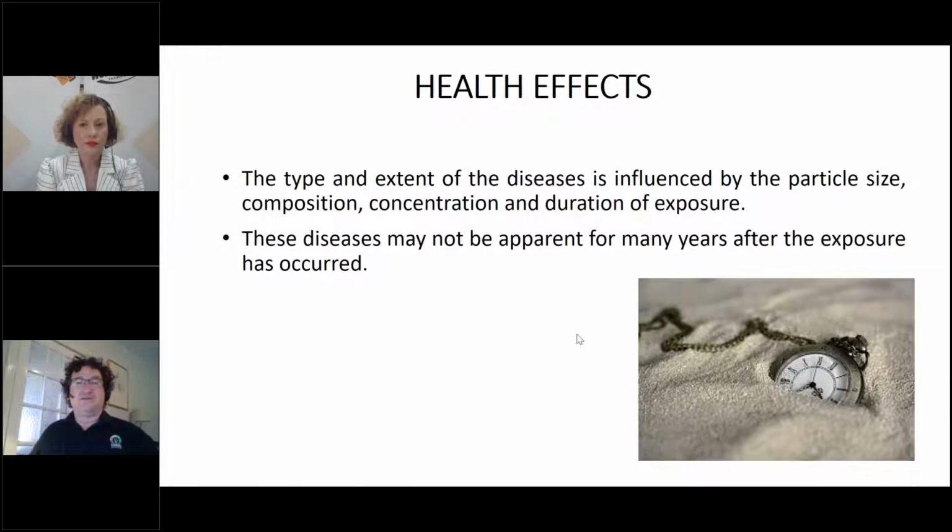So the health effects are really dependent upon the type, the concentration, and the duration of the exposure. So particle size, composition, concentration, duration, they're all the things that we look at when it comes to the likelihood of having health effects. And disappointingly, those diseases might not be apparent for many years after the exposure has actually occurred,